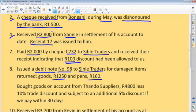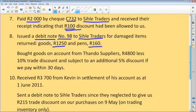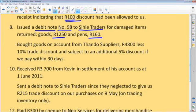Your next one, I would like you to complete the next two in your ad break. Let's go and look at them. I'm going to do them in a nice color for you. You bought goods on account. You're buying it on account from Tando Suppliers, 4,800 less the 10% trade discount and subject to additional 5% discount if we pay. Now guys, remember,